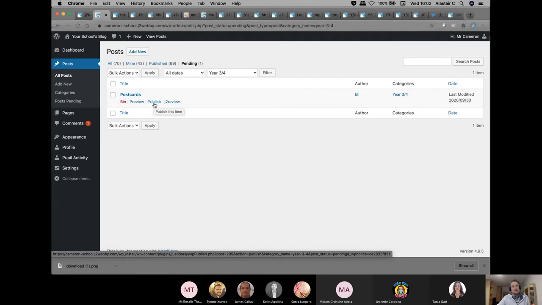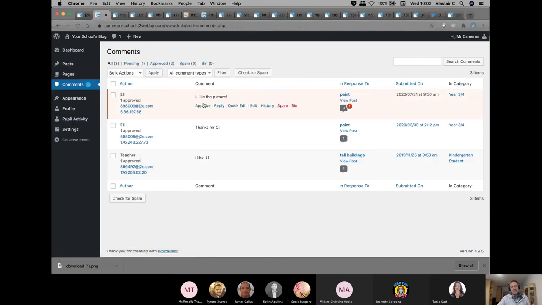Okay, and the same goes for comments. Nothing that is written as a comment by any pupil or by anybody that's outside of your academic institution, nothing will get posted until you look at the comments and you see here the comments and you can approve them or bin them. Okay, so you're entirely safe.